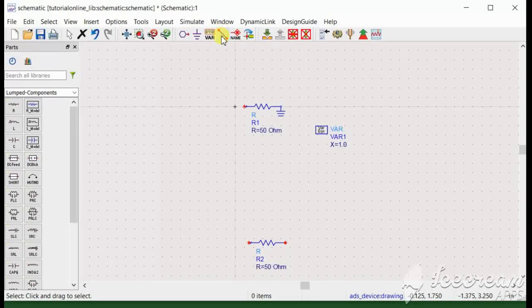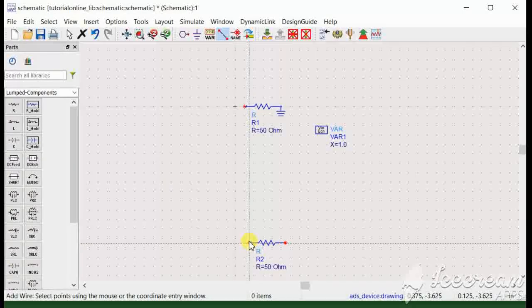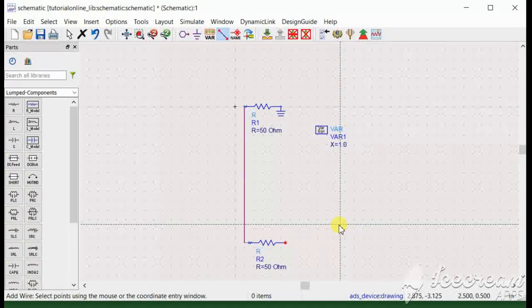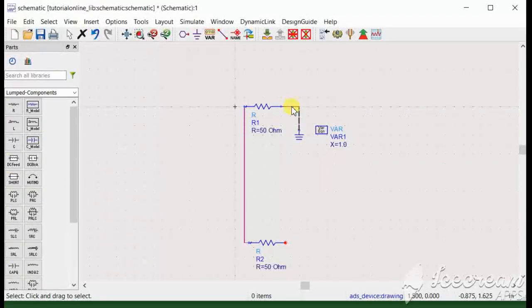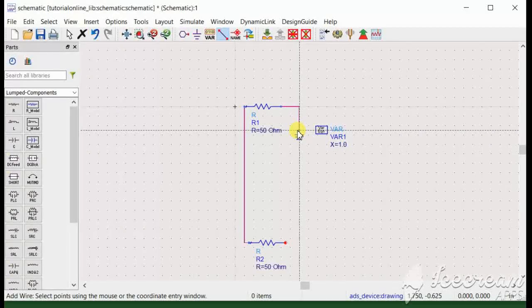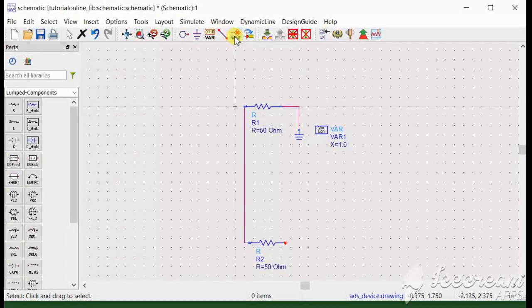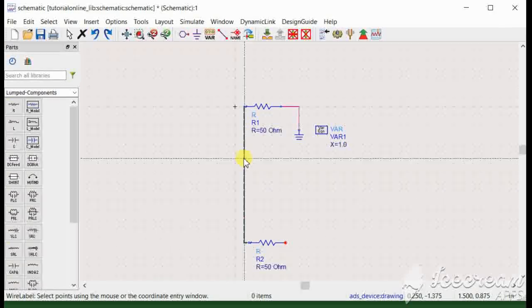Then going further, you have this wire to insert the wires. When you want to connect two different objects, you can connect it. For example, if you see, I am just double tapping on this ground and moving it, so you can see this wire is there. So if wire is not present, you can use this wire and connect these two things. This is how you use wire. Then this is name. If you want to use this name pin, you can label any wire. So I put it here. You can name it V1.